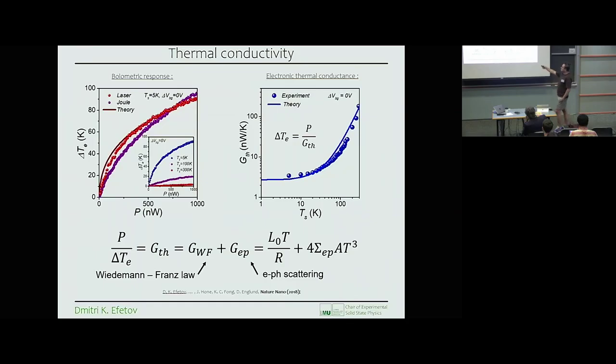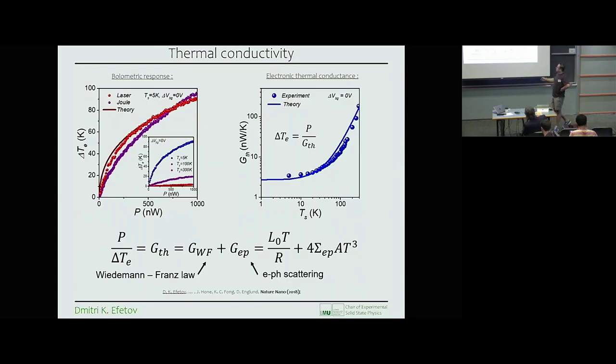So this is typical calorimetric measurements of single layer graphene. We record the electronic temperature as a function of the laser power that we are absorbing in the graphene device. We get this typical nonlinear behavior that is typical for graphene because it cannot absorb too many photons. So it's an inherent nonlinearity, but in the low excitation regime, we can use the bolometric effect to extract a thermal conductivity, which is again just absorbed power divided by the raised electronic